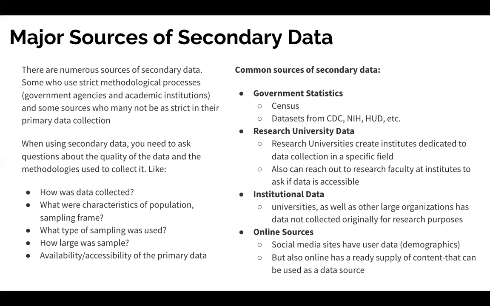That's publicly available content on those sites that, depending on your question, might serve as a form of secondary data. These are sources that weren't created for research purposes, but might serve the purpose of your research, depending